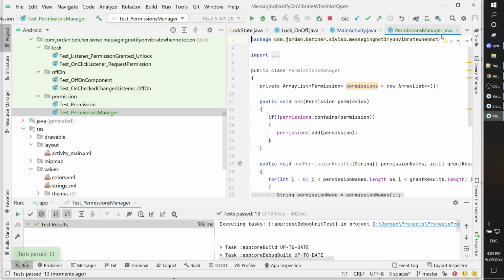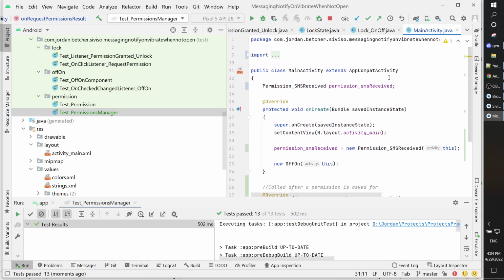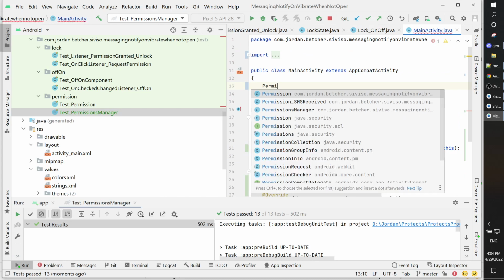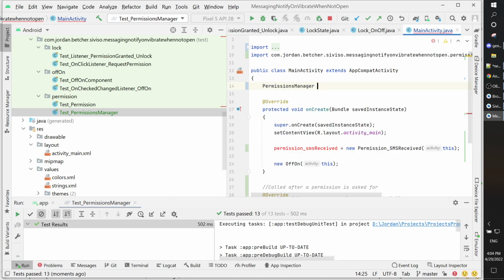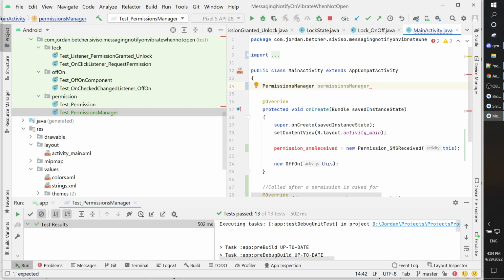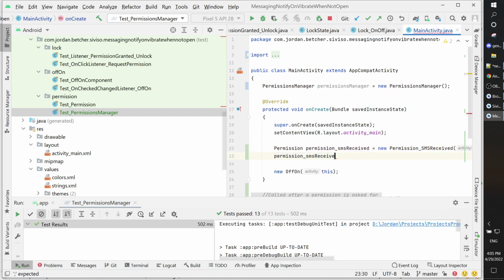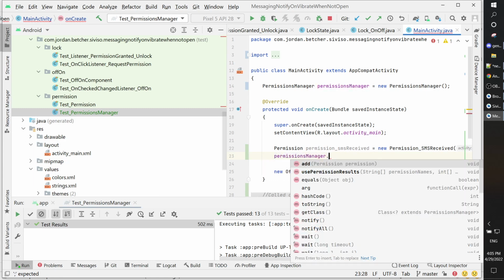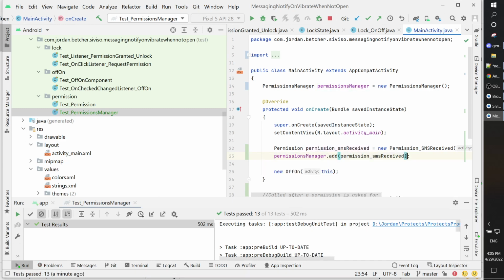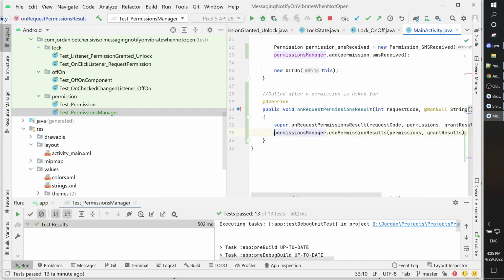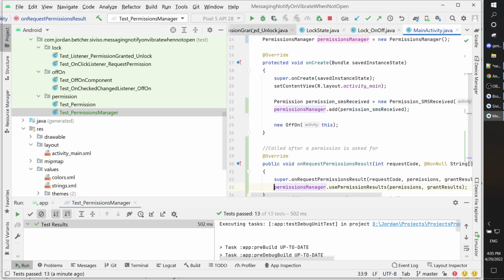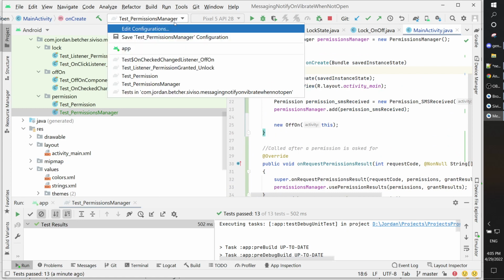Okay, it works. So in activity, I should have permission manager. And then okay. So if I run this now,